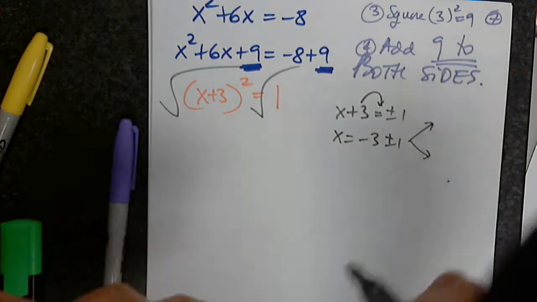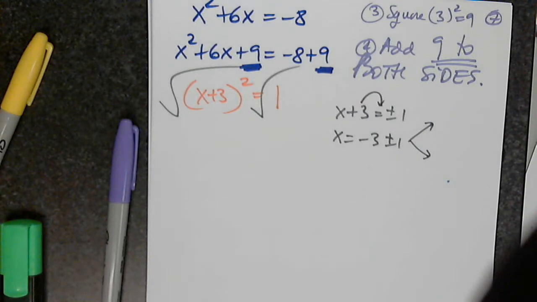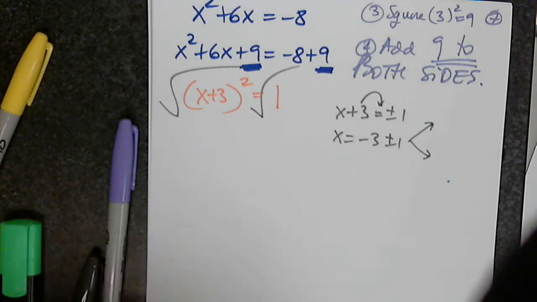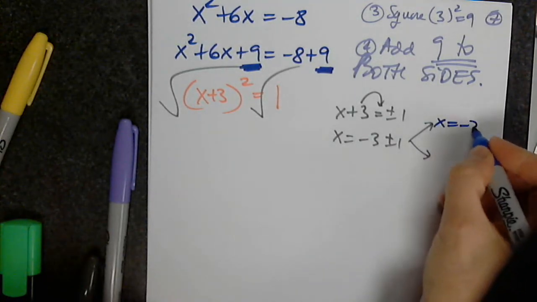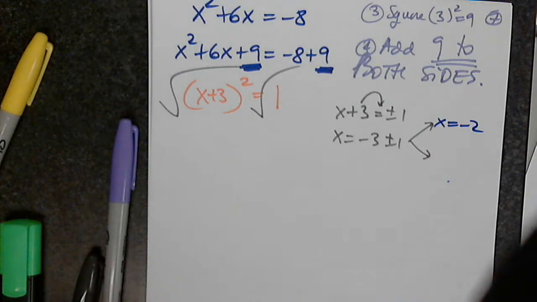So I'm moving 3 to the other side. If I make an ugly face, I'm hoping that will stay in your memory and you'll say, oh no, I can't, I have to put plus or minus. She's going to scream at me. Okay, so the negative 3 plus 1 is, the negative 3 minus 1 is,